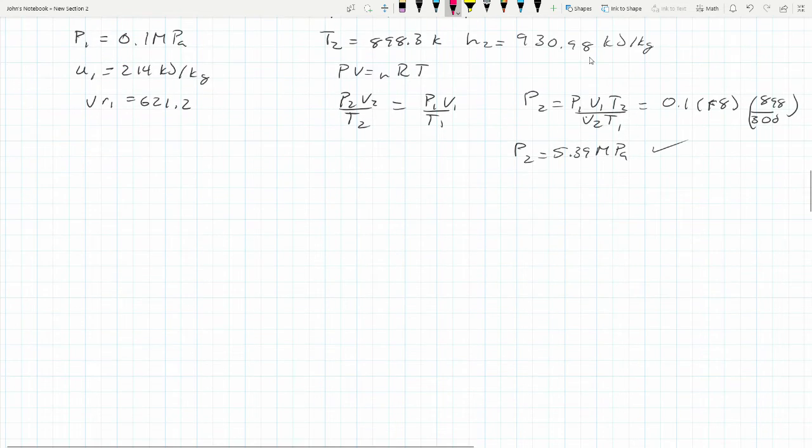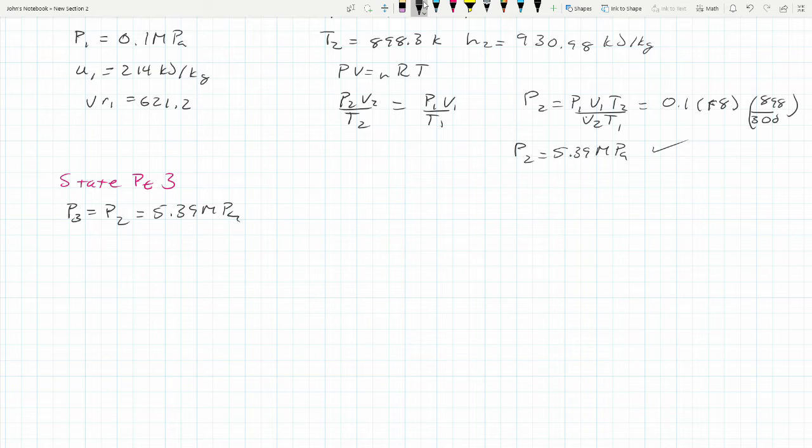All right, let's find state point 3. Okay, so we know P3, because P3 is equal to P2, which is equal to 5.39 megapascals, so that was easy. And we can just simply use the ideal gas equation again, and we get that T3 over V3 is equal to T2 over V2. So you get that T3 is equal to V2 over V3 times T2. Well, V2 over V3 is the,